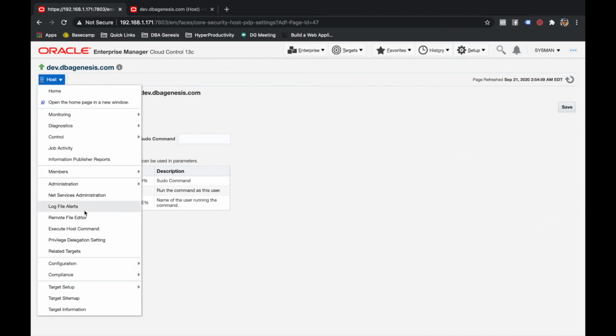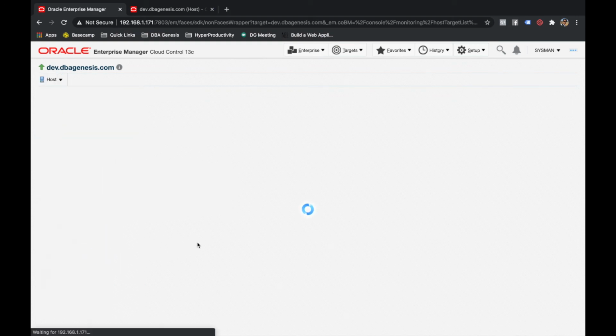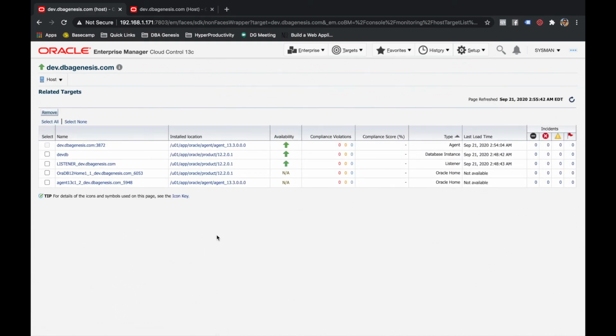And then the related targets option, this is also a good option just in case you want to know what all targets are related, like on this dev server, what all targets are being monitored by OEM. If you want to know, you can see the entire list.